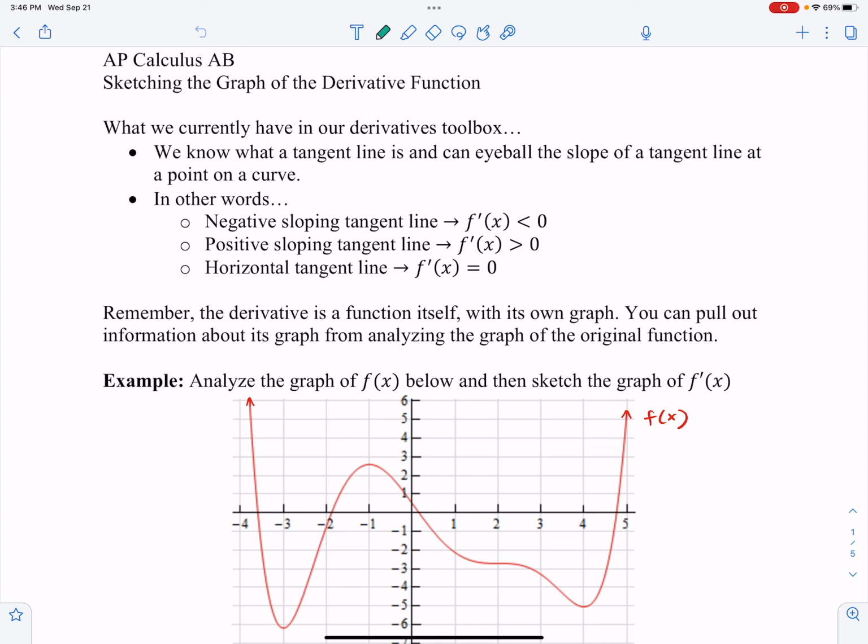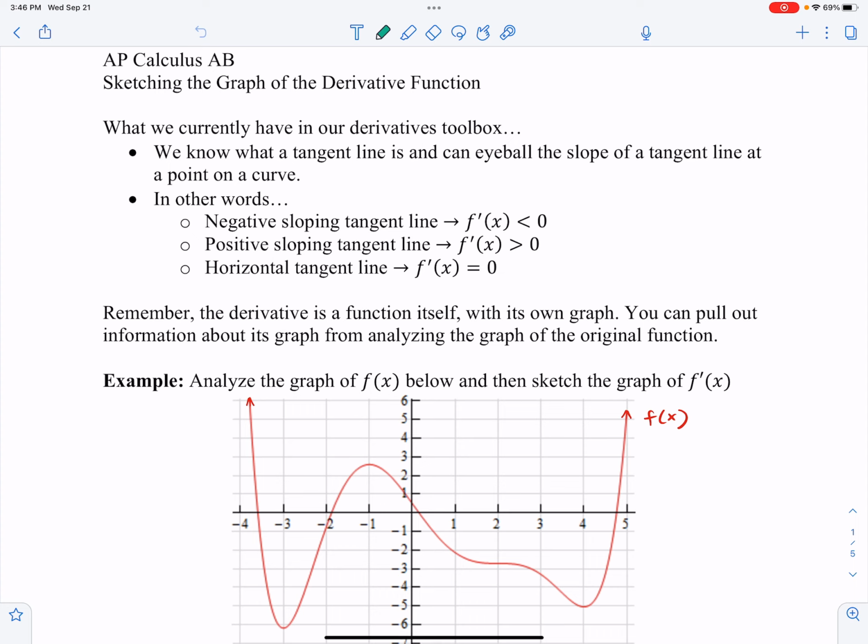And we're also going to look at, when we're given the derivative graph, what kind of characteristics about the original function we could identify. So what we currently have in our derivatives toolbox, and we're going to continue to add tools to our derivatives toolbox in order to identify different aspects, characteristics of functions that will be helpful. But what we currently know